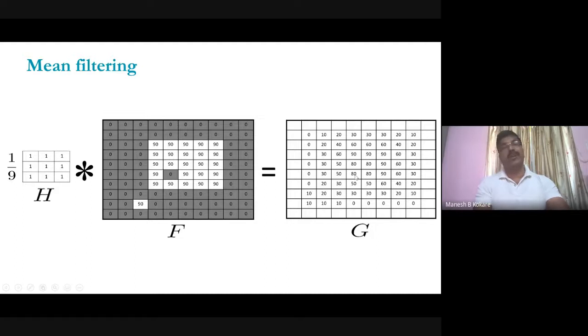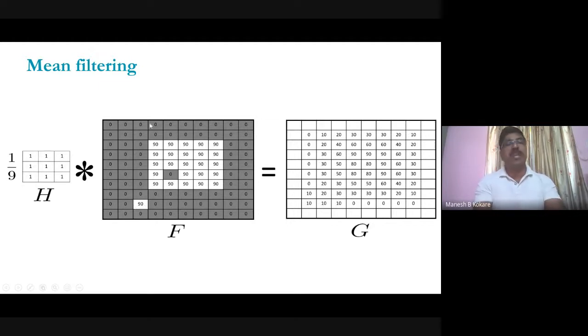be replaced. Now when you display that image on the computer screen, you will not find that black spot. You will find that it is removed by using filtering. Or even see that this value, this 90 value, will appear bright on the black background. But now what is this value coming? This is coming as basically 90. This one is coming as a 10. So definitely this 10 value will be less bright, or close to black. So this noisy pixel is also removed.